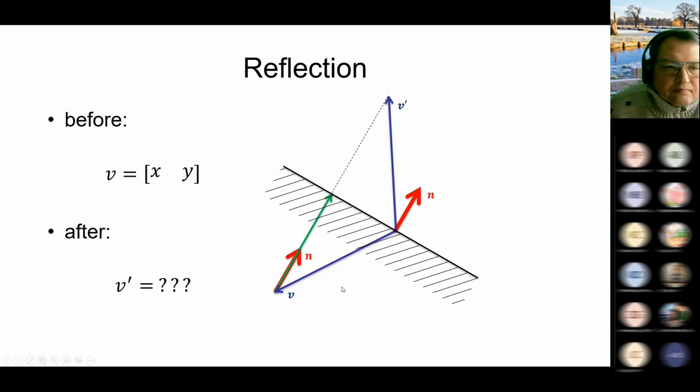But this means that we can determine the value of this green vector. The green vector is the projection of negative v towards the direction of n. And according to one of the formulas that you learned in December, this value is negative v dot n times n. Okay, v dot n is a number. It's the length of this